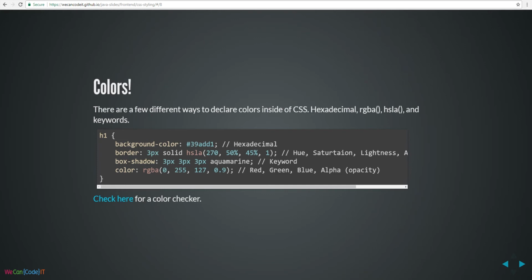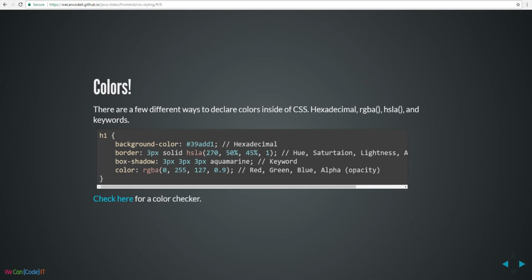The next one that we're going to look at here inside of the border is HSLA values. So HSLA stands for hue, saturation, lightness, and alpha. Alpha, which you'll notice in the fourth example as well, stands for opacity. And so this is a way that you can actually specify the translucency, the opacity of your color. So notice the way that we're representing each of these values inside of the HSLA color selection is a little